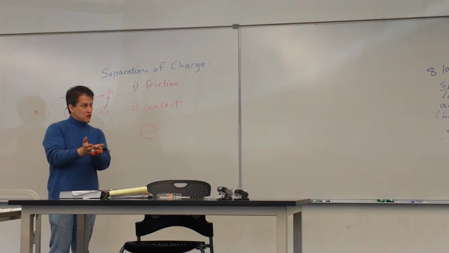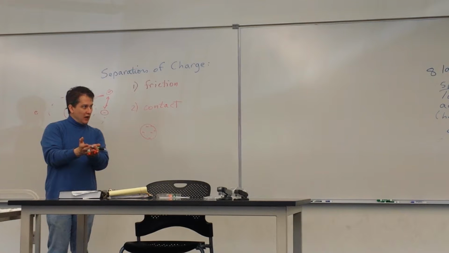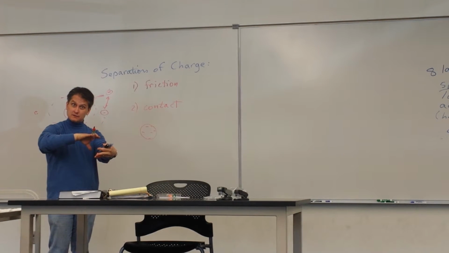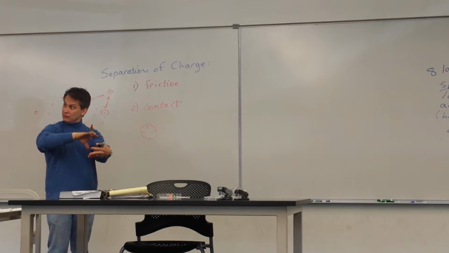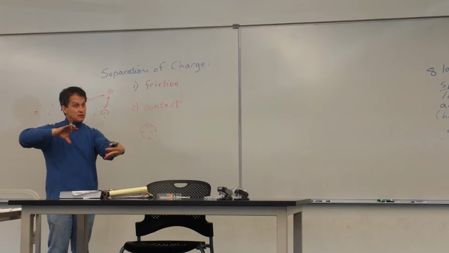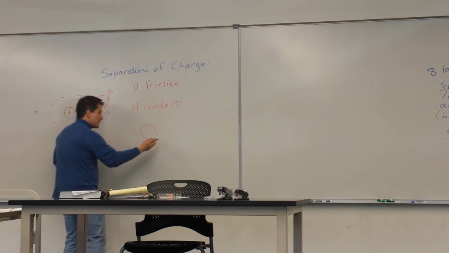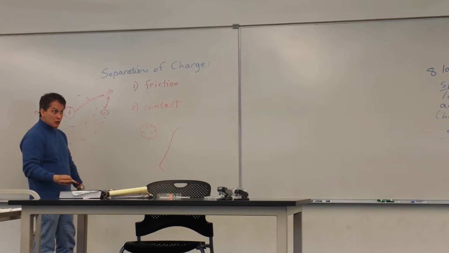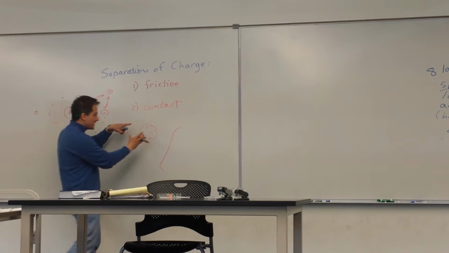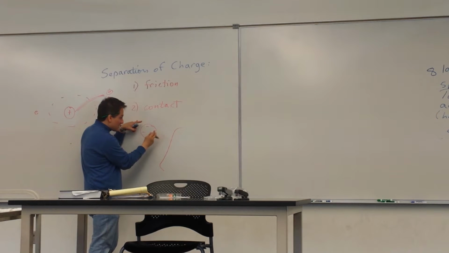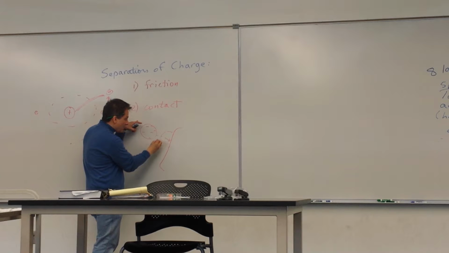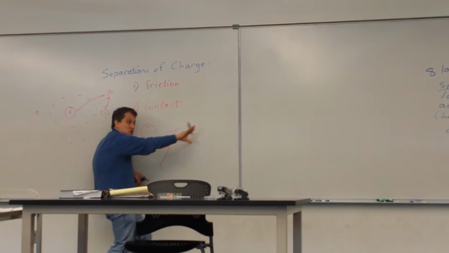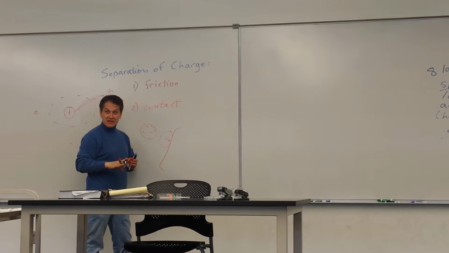They're stuck on this surface, they're not going anywhere, but they're pushing away from each other as far as they can because of this Coulomb repulsion between the charges. So if you take a surface that does not have electric charge, or doesn't have as dense of electric charge, if you make contact, then this repulsion is going to allow the electric charge to spread out as far as it can,